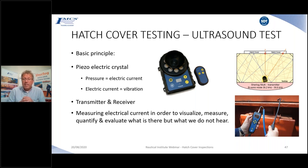And in the receiver, we will have that piezoelectrical crystal, which will be looking to receive ultrasonic waves and to detect them. So what is going to happen? We switch on our transmitter. We are powering up our crystal in the transmitter. We get ultrasonic waves, and they will be filling up the holds with a certain sound pressure. So those waves, they want to go out, and from the moment that we have a hole, a crack, an imperfection in the sealing system whatsoever, that will come out,